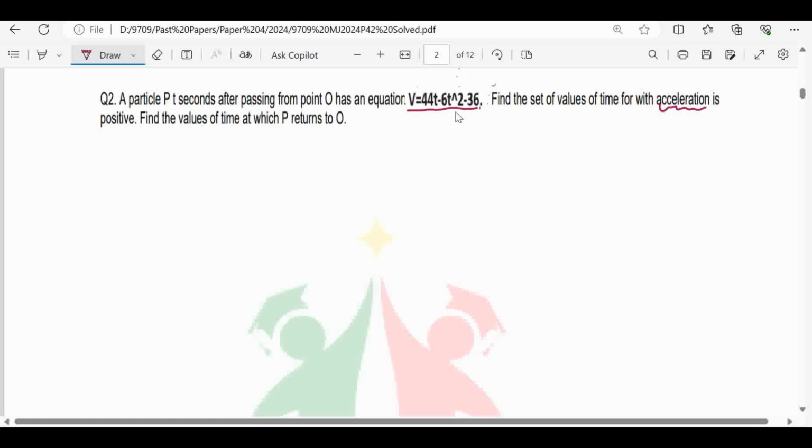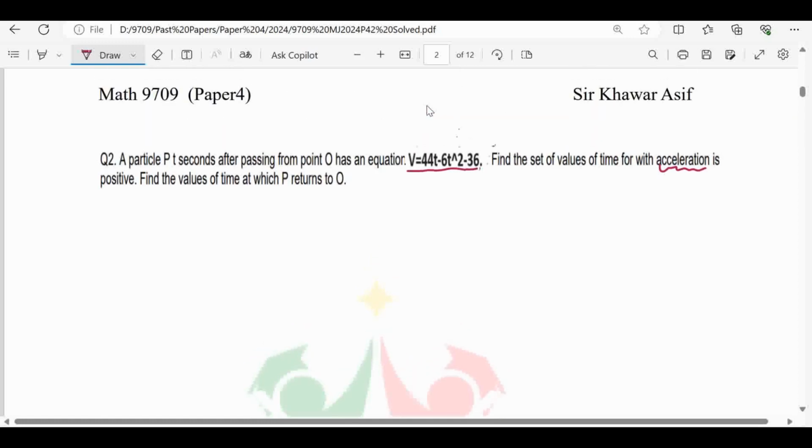The first way is we can use the graph, but the easiest way, as I have discussed previously: when we have a velocity-time graph, we can use the gradient and area concept, and when we have a distance-time graph, we can use the concept of gradient. But here we have equations, so we have to use differentiation and integration. Acceleration will be equal to dv by dt. So if we differentiate with respect to time, we will get